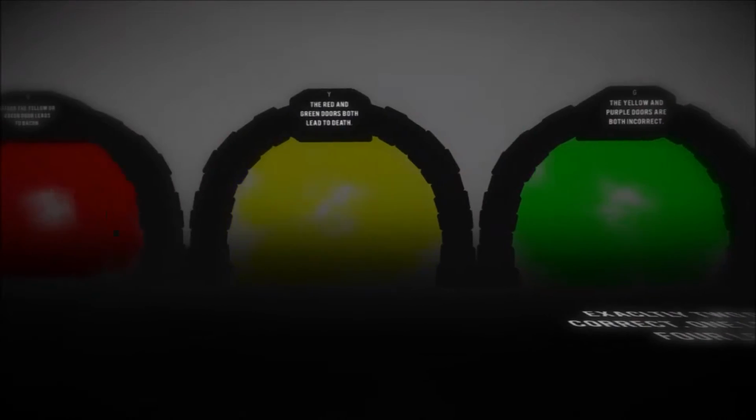So if red is correct, that would leave these two, which both of them are kind of canceling each other out. If yellow was correct, that would mean green or red would be correct. Or if yellow is bacon, that would mean red would be correct. Which then that one would be, excuse me, red would then...